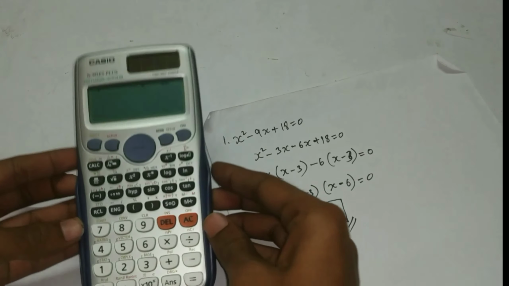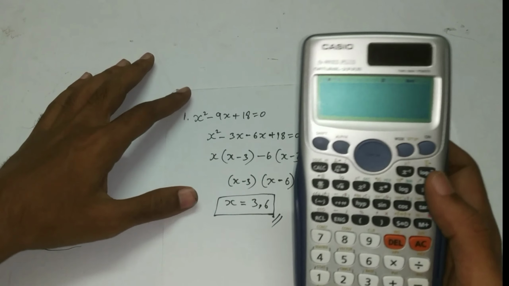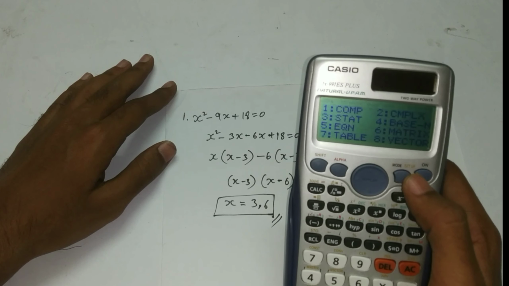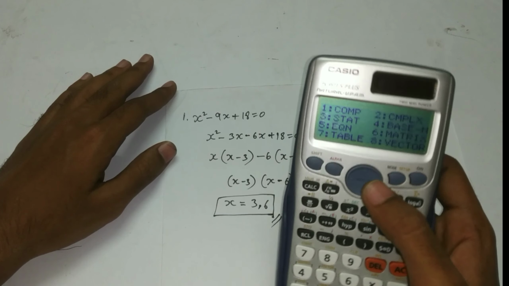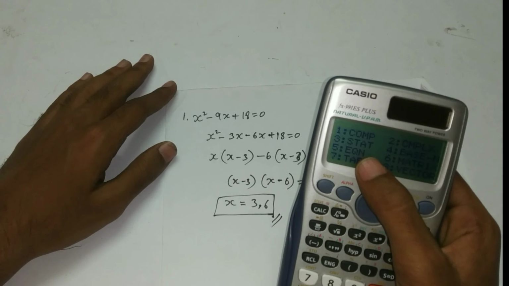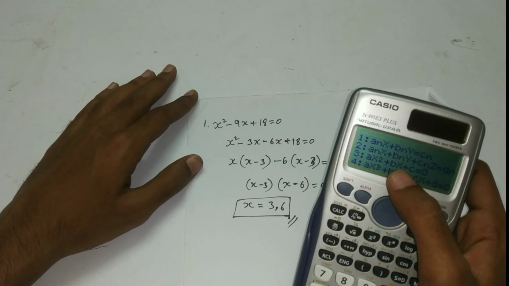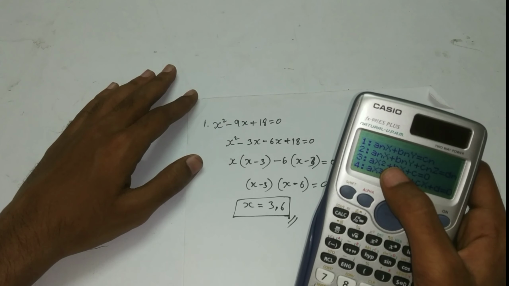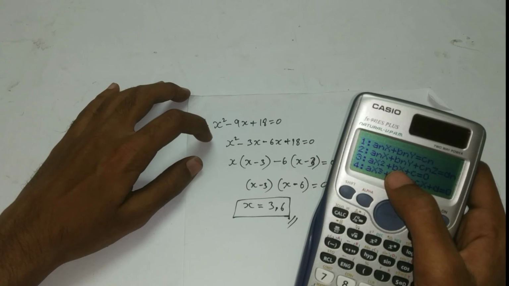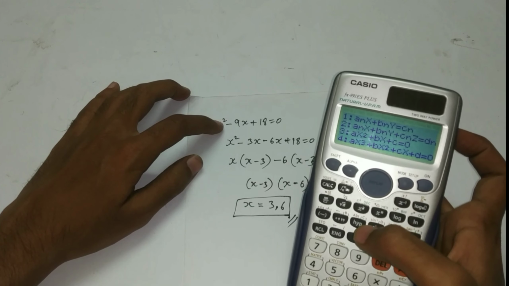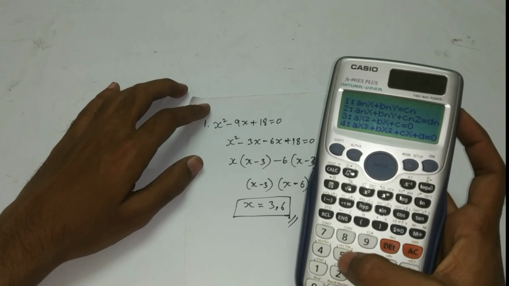That same problem I will solve by this calculator. First of all we need to press mode, and you can clearly see here 5, that is equations. Now we go with third number, that is quadratic equation with the square. Right,